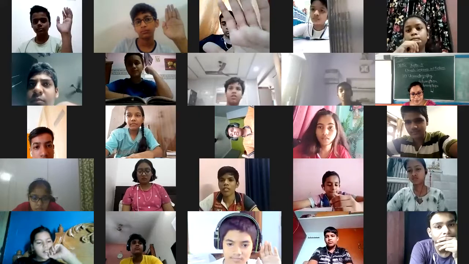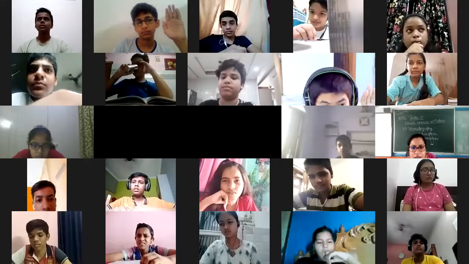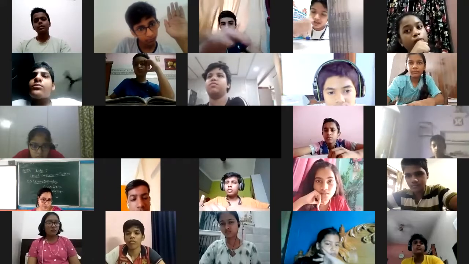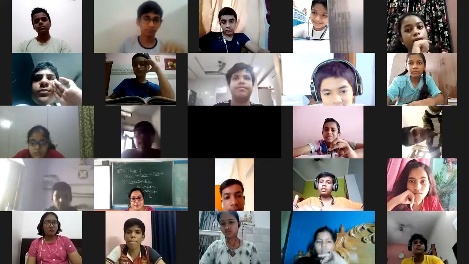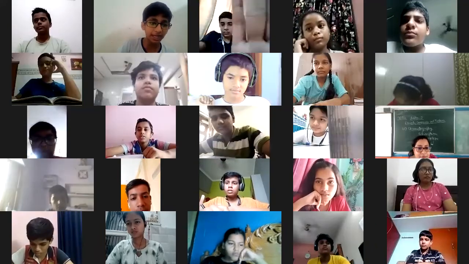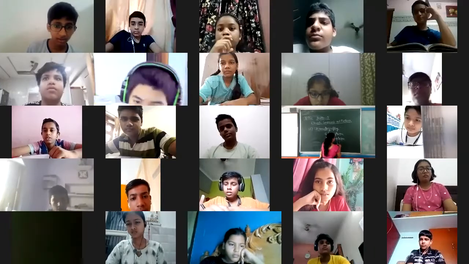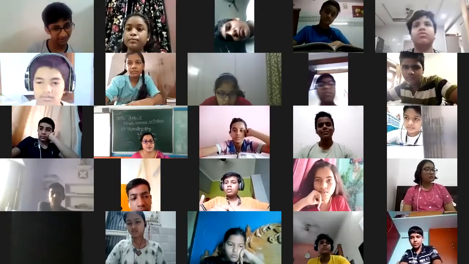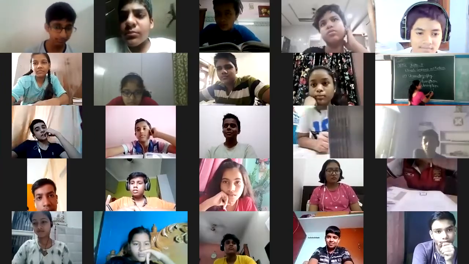Yes, Kaustav. Yes, ma'am, the paper folds. The paper folds, means the side of the paper folds somewhat. Yash will tell. Yes, miss, the water starts to go upward, means water spreads on the paper as soon as the edge of the paper is touched. Today you do this activity at home. Don't dip the paper in the water. Please don't dip it. Just touch the edge of the paper with the water.